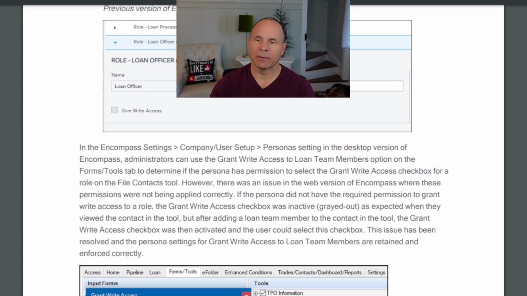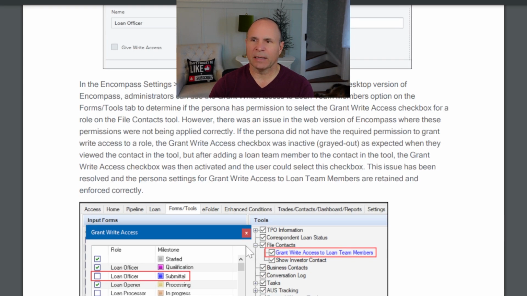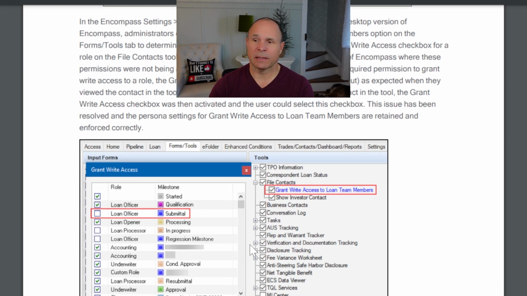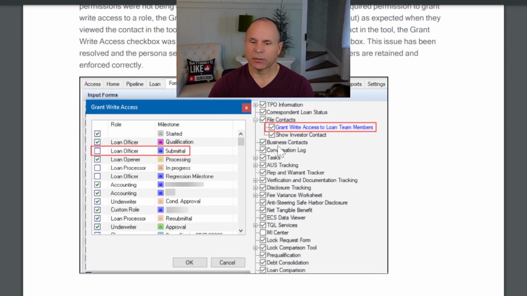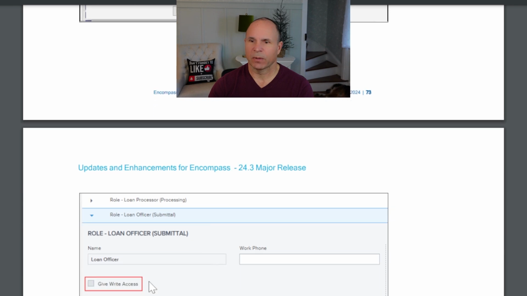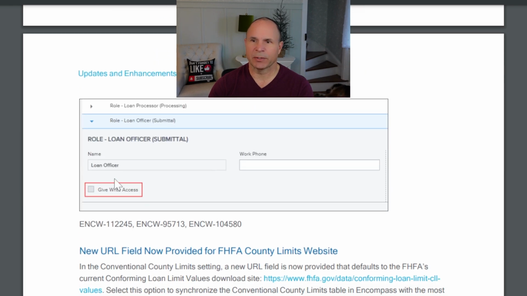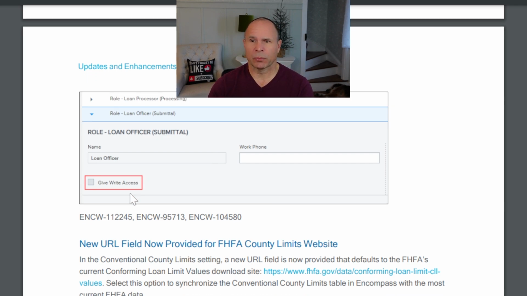We're on page 73 now. Make sure you understand this whole thing, grant right access to loan team members. If you're granting right access to loan team members through this persona setting, I don't personally advocate for that. I think it's a challenge with understanding who's writing to which loan. That should be done through persona access to loan files. But if you're required to do this, this is obviously another touch where you can come in and look at that. There's that checkbox. Okay, so that was on page 74. Again, I don't personally and professionally advocate for giving right access at the user level. That's what rules are for.